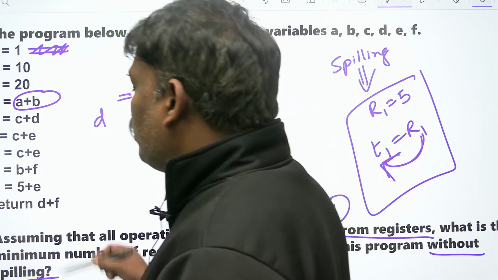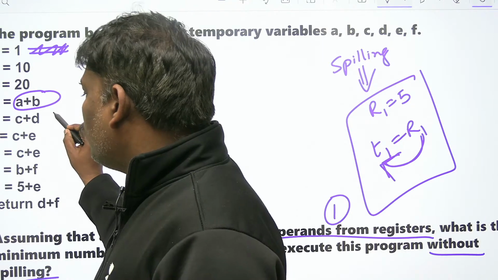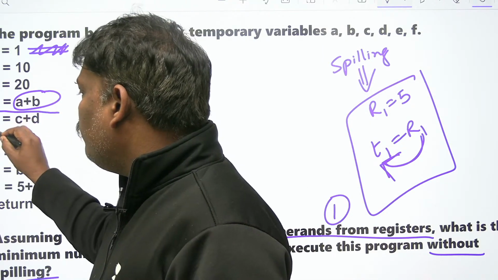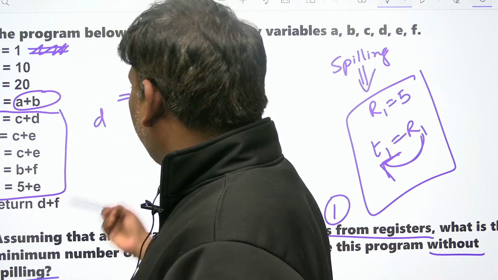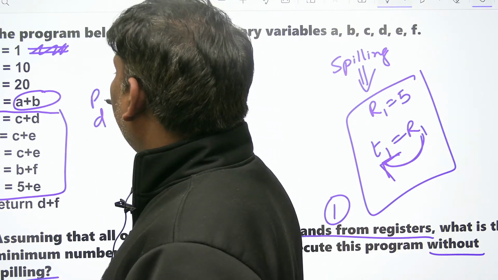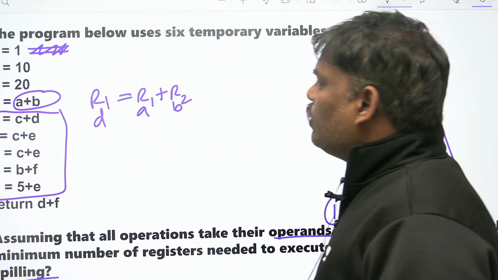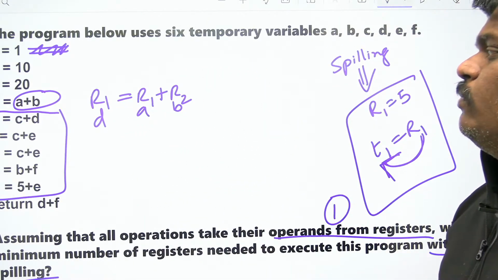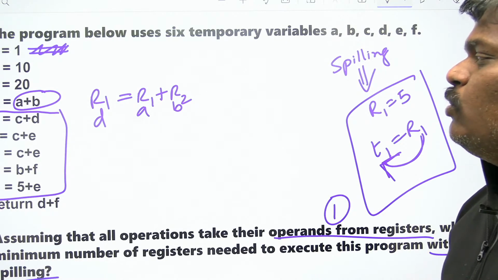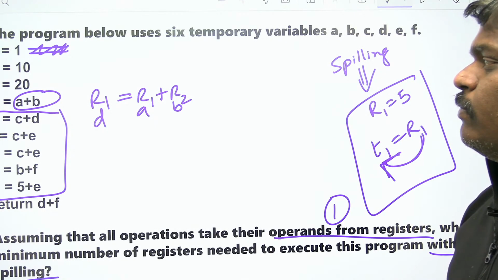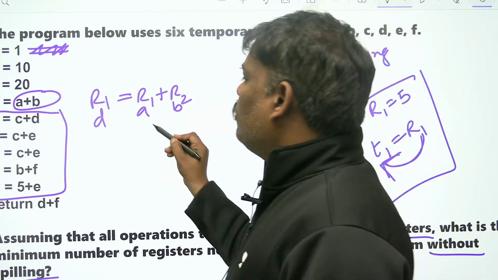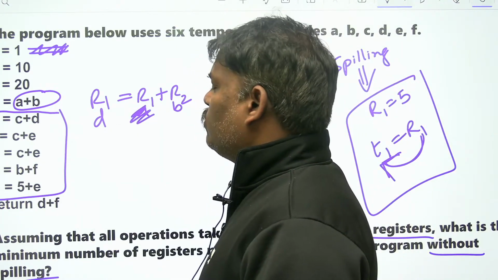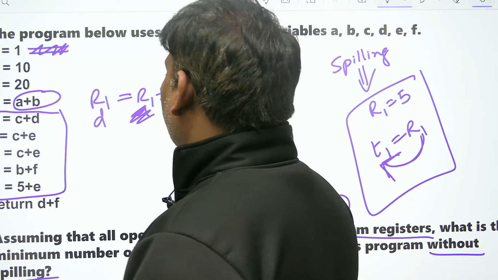But one small question I want to ask you. You lose the A, it's okay, but are you using A anywhere further? No. So I think you can use it happily. R1 is equal to R1 plus R2, you can do that, because anyhow you are not using A further. You can happily store. So remember, there is no A from now onwards.